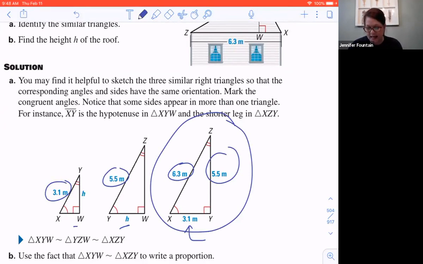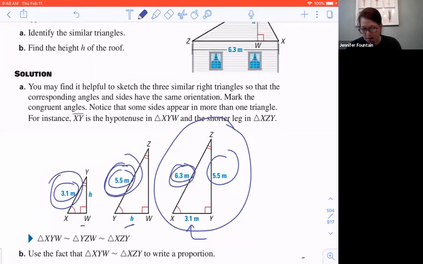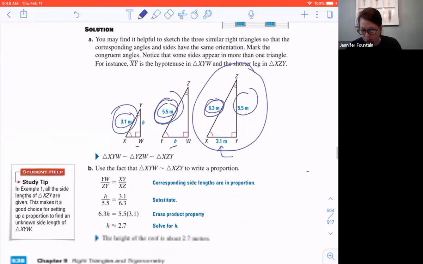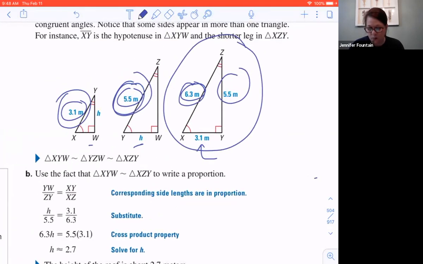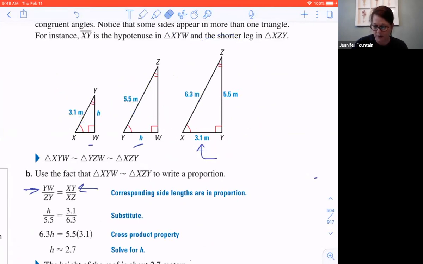I'm just setting it up to say, hey, is this side proportional to this side? And when I compare that, is this side proportional to this one? So I'm able to use my proportionality here. So that's what it says. Look at YW over ZY equal to XY over XZ, okay? So I'm going to be comparing